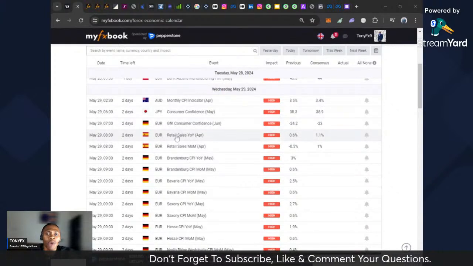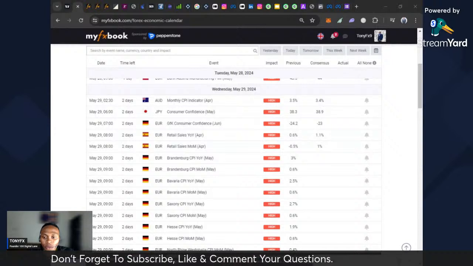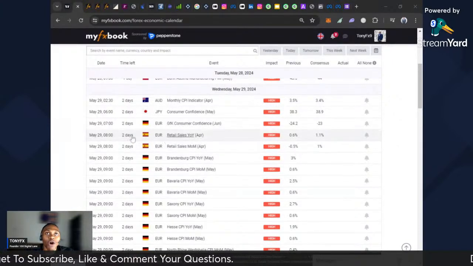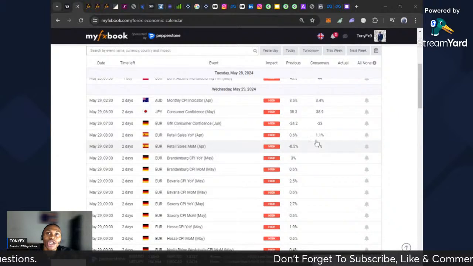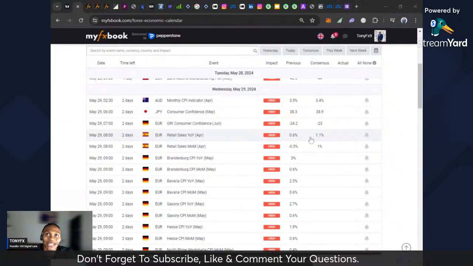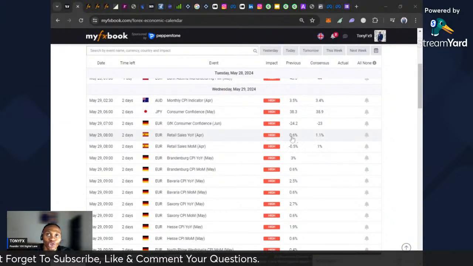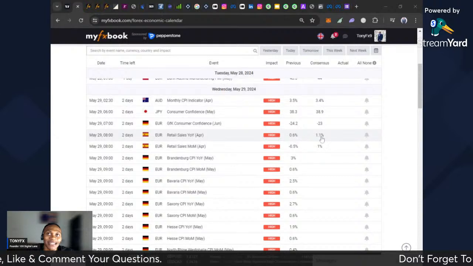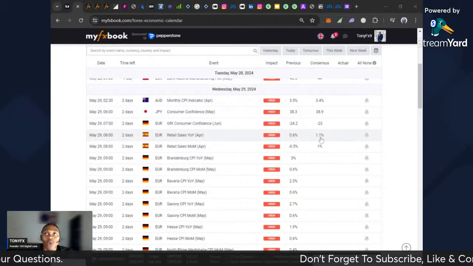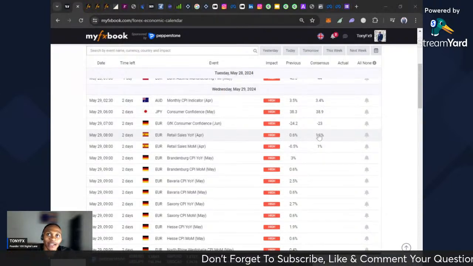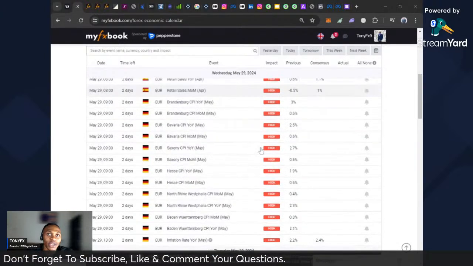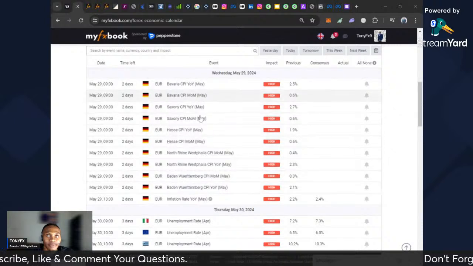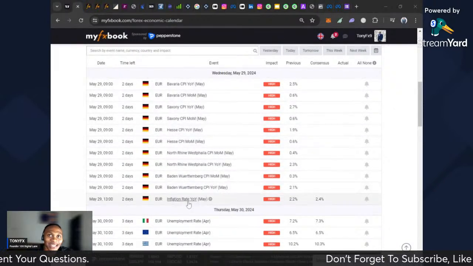Then early in the morning, 8 a.m. on Wednesday as well, we have retail sales on euro as well, Spain. Retail sales year over year and retail sales month over month. If you see a figure higher than 1.1% or 1%, it's going to make euro strong. Based on what I can see here, analysts are saying that it's going to be strong because previous data is 0.6%. Analysts are saying that it could turn out to be 1.1. If this happens, euro will be strong on Wednesday. And if you see a figure lower than 1.1, then euro will be weak. Then all these are just sentiments, no consensus attached to it.